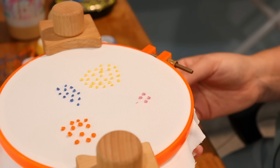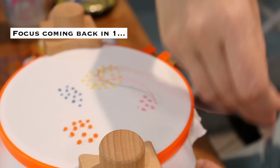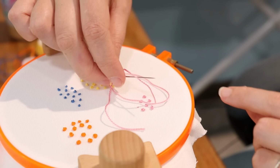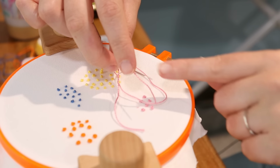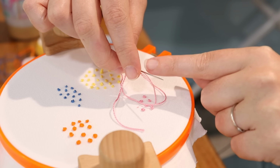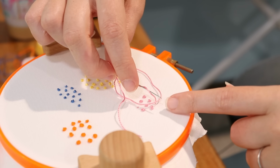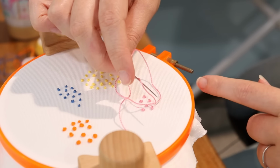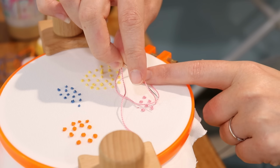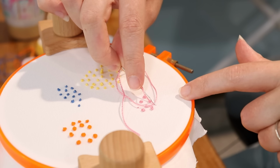Let's try that again. So that didn't make a knot at all. What if I loop this way? So I looped it all the way around and then came through. So now when you go to do your second through, you're going through this little piece right here, which is already kind of stabilized because it's over the needle. So tuck again. It's also just really close to the fabric, so you have more tension on it and it's way easier to tuck your needle around it the second time. Then going back down in the fabric, I'm just making sure to go on the outside of this loop,